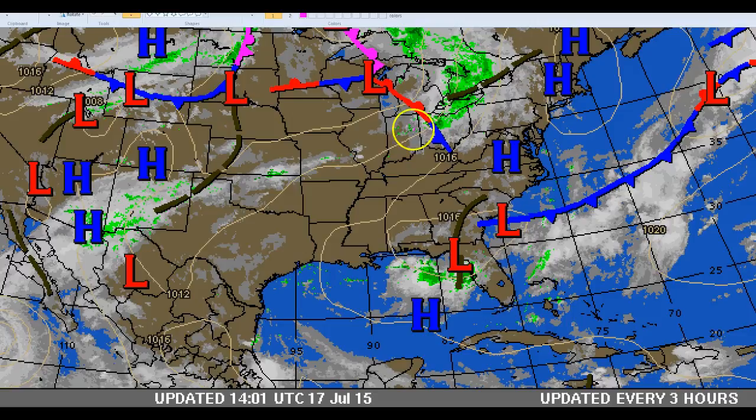But even with a high pressure ridge building in from the west along with a heat wave, we have so much sinking air that it's hard for thunderstorms to even develop because the air is just simply not able to lift. We could see a little bit on the sea breeze convergence zone inland. We may see a few clouds. I don't think that the lifting is going to be high enough to get those cloud tops high enough for thunderstorm activity or a strong convergence zone. So I think we're going to keep modest speeds through the weekend